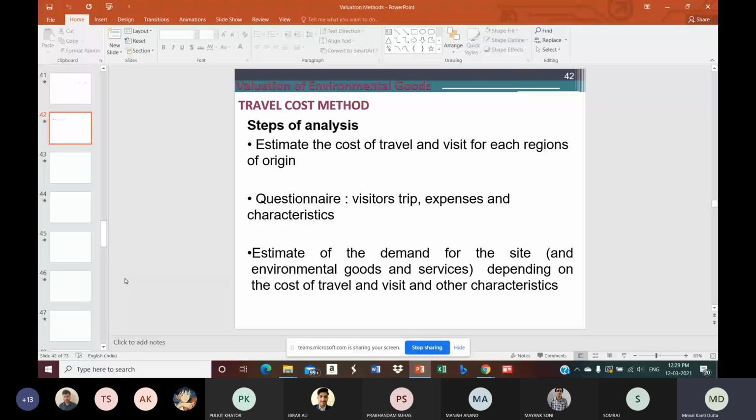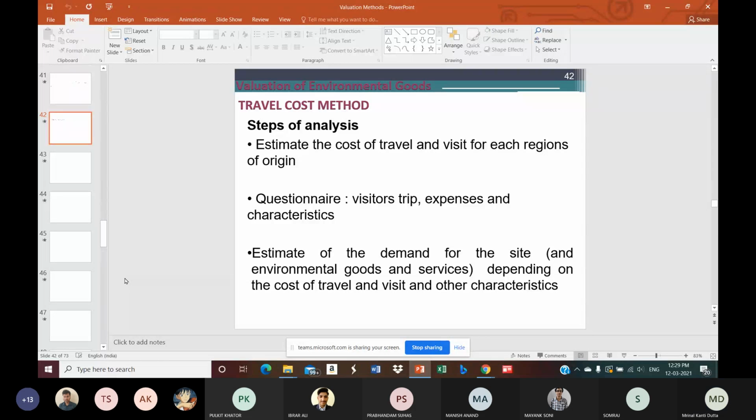For example, how much they have spent in the name of visiting from the place to the place of destination, in the form of maybe airfare, rail fare, or maybe route tax or road fare. So those things will be taken into account. The cost of accommodation will be taken into account. The entry fees will also be taken into account. So all those things and the food and other logistical support, so the expenses involved in this process will also be taken into account.